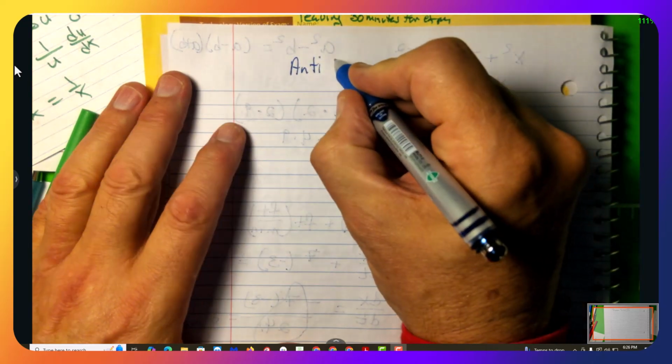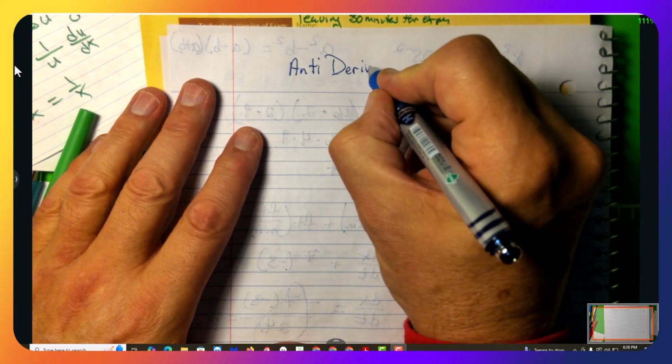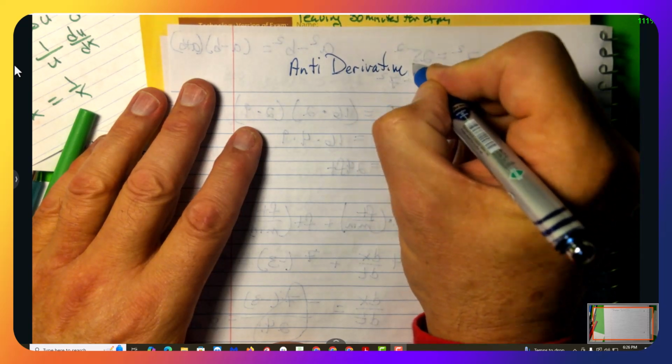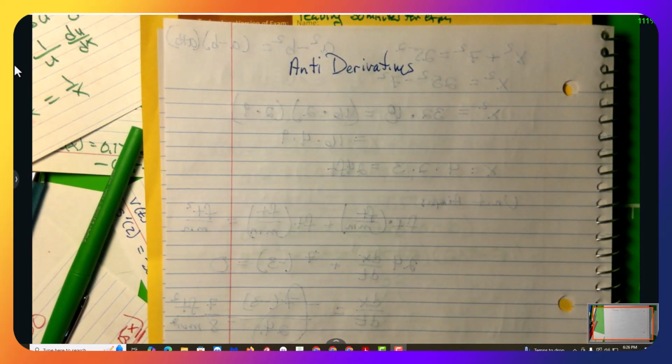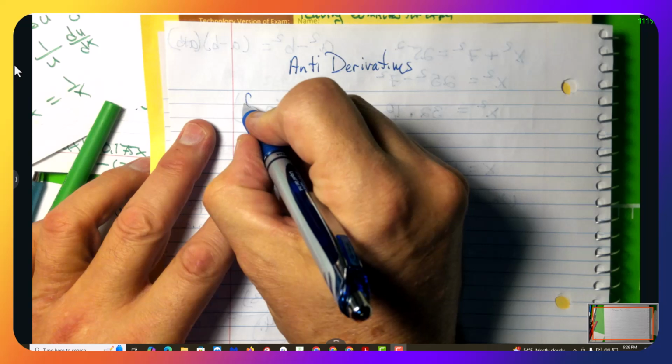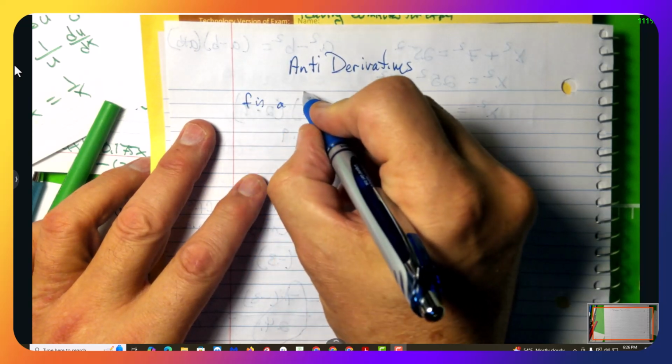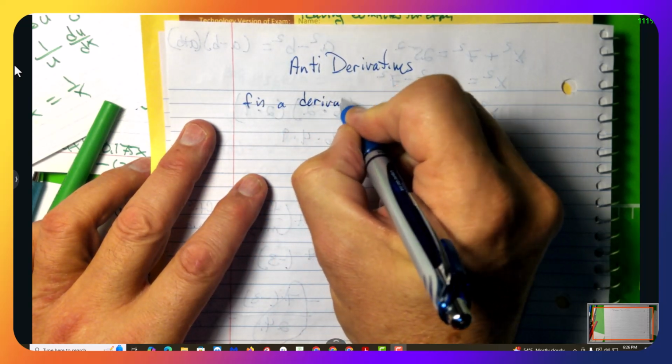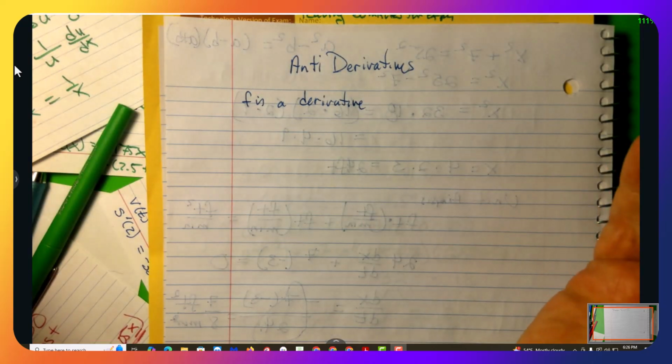Today we're going to start the first application of derivatives, the antiderivative. It's a process of going back. Now, there's a couple ways to do this. So if f is a derivative, and really it's a function, some functions aren't differentiable, but